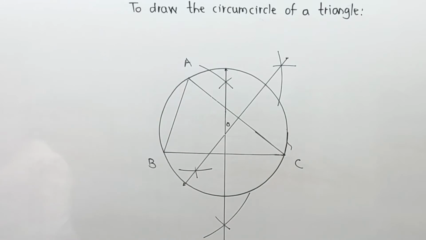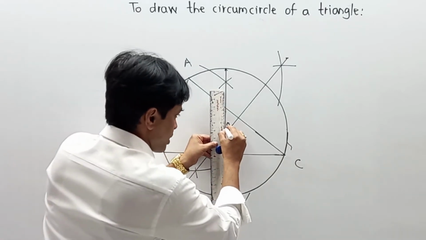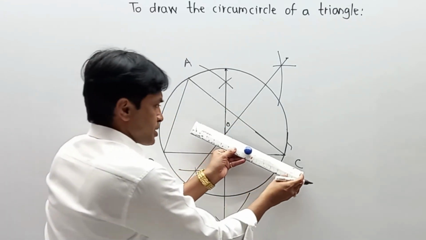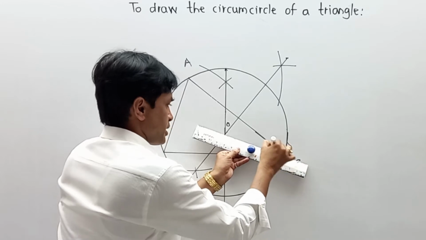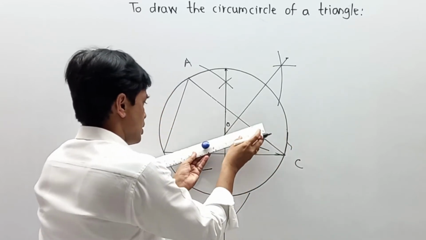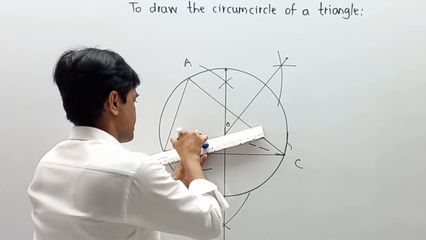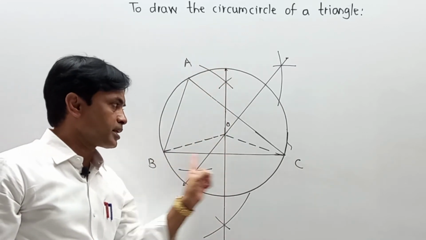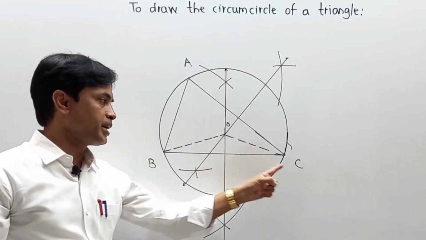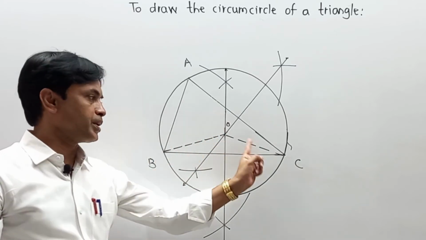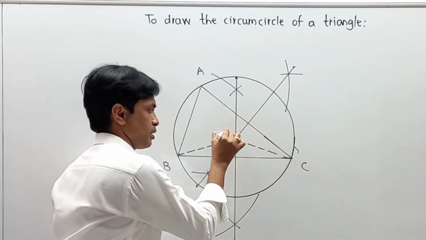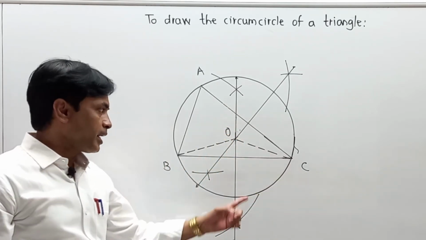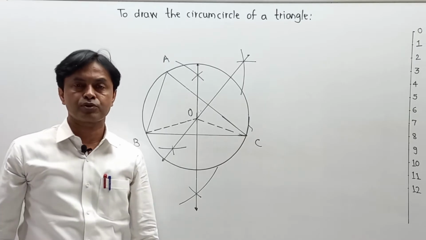And in this way we have drawn a circumcircle, meaning the distance from O to C is your radius, or the distance from O to B is the radius, because we know that a perpendicular bisector is equidistant from its end points, meaning from B and from C. The distance from O to B or O to C is equal in length, and in this way we can draw the circumcircle. Now students, please pay attention.